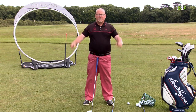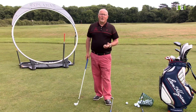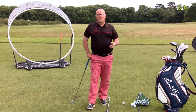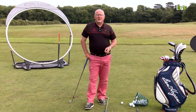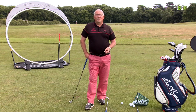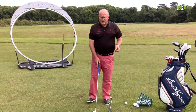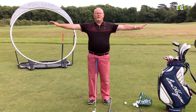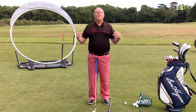He's a tall unit, 6'3", long arms and slim. And that is the shape of the modern golfer. There aren't too many Ian Woosnams and Tony Jacklins left. The majority of the players on tour are pretty big. Henrik Stenson, Nick Faldo was a good case in point, although he wasn't a big hitter. All right, so we've understood plane, but width of arc is a consequence of your physical proportions, but also your